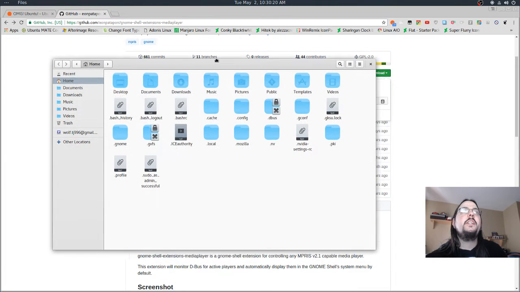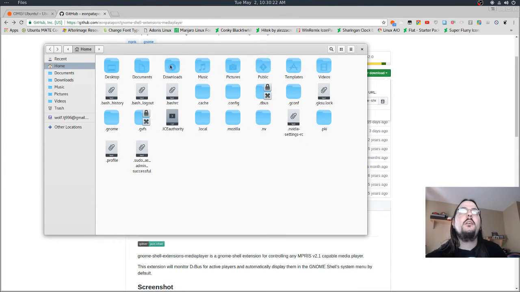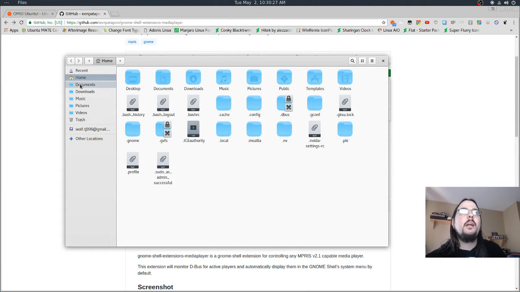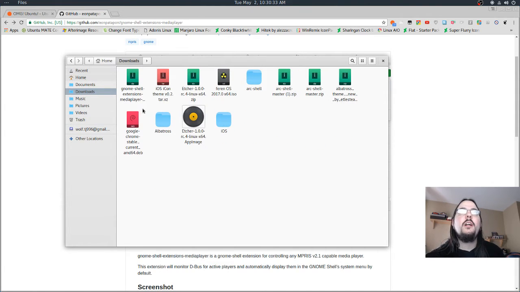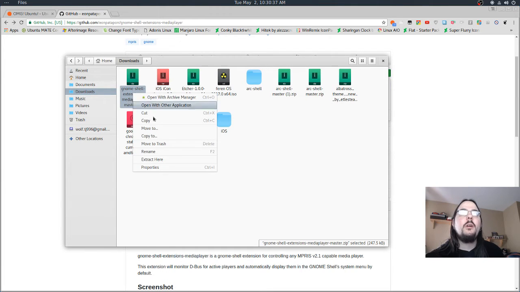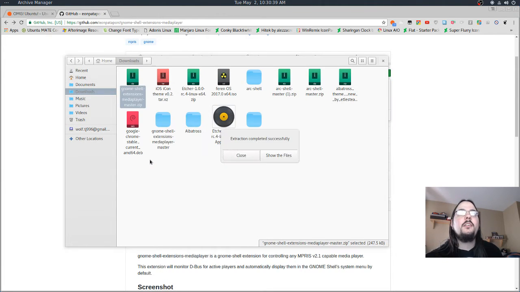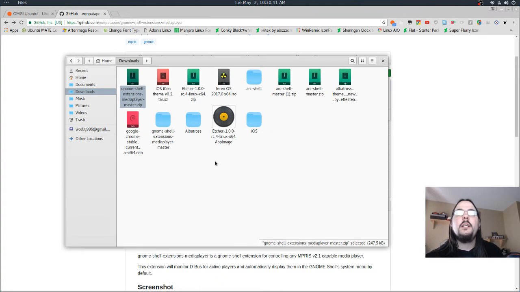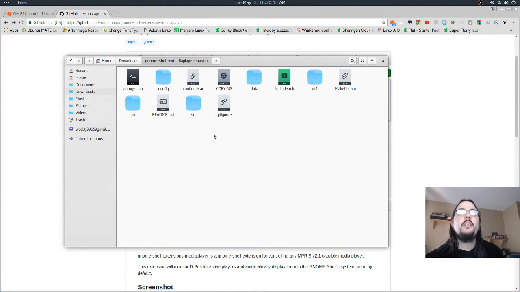They're nice looking, but I might change them. Not sure yet. So what we want to do is go to the Downloads folder, and then extract the extension, and then open up